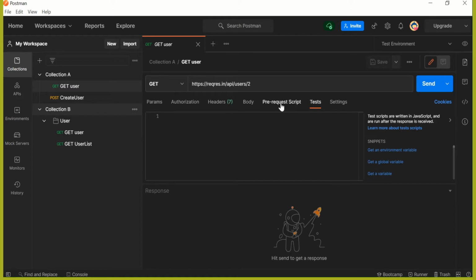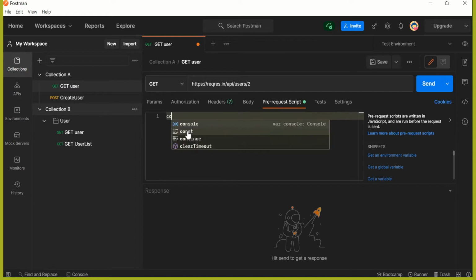So let's do one thing. Let's explore how we can write different scripts, rather small snippets, in this pre-request and test script section. First let's go to pre-request script, and the first thing that we are going to see is how we can add logs in this script, because when we are debugging our script, logging is very helpful. So the command to log anything is console dot